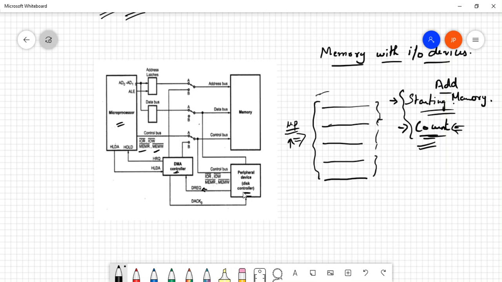This is information that is given by the peripheral device, for example a printer or a USB device or a CD. When you insert or initialize the device, it gives a signal to the DMA controller that the device is ready to be used.